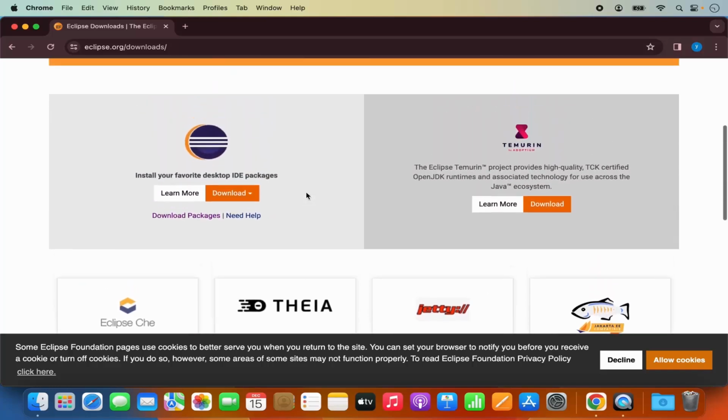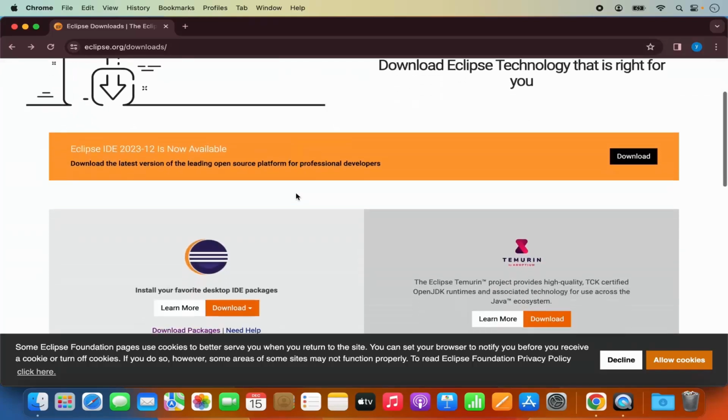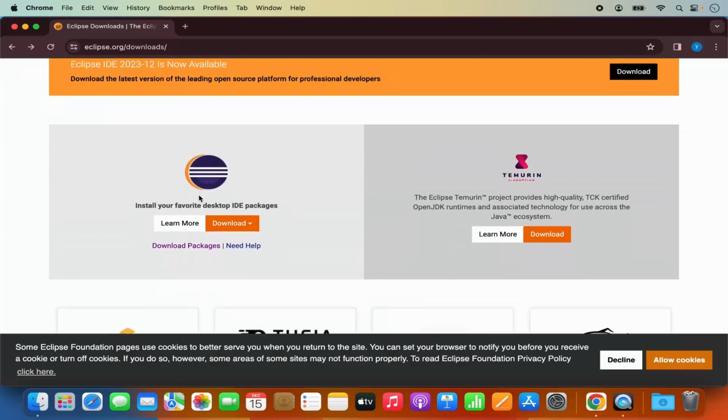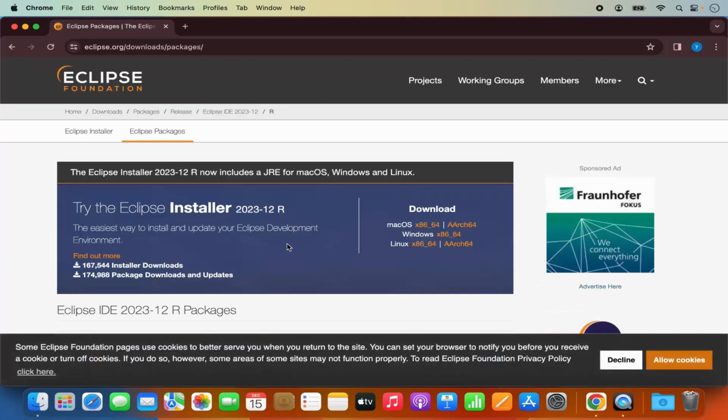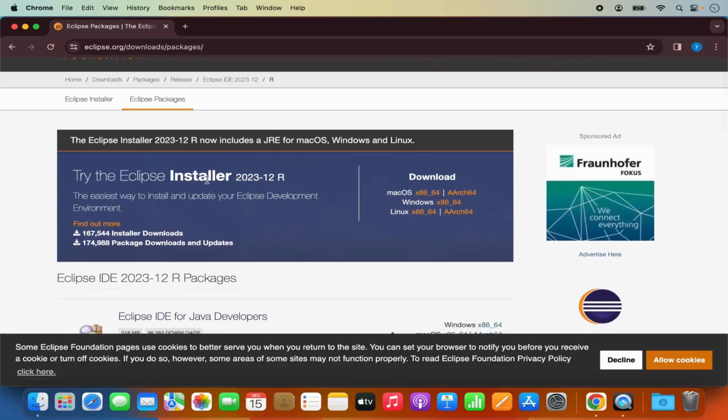Here you will see different variants of Eclipse, but the variant we want is this one. So here what we are going to do is click on the download package under this Eclipse logo. I'm going to click on the download packages here, where you will see more information about the